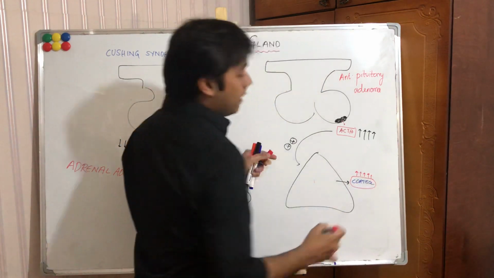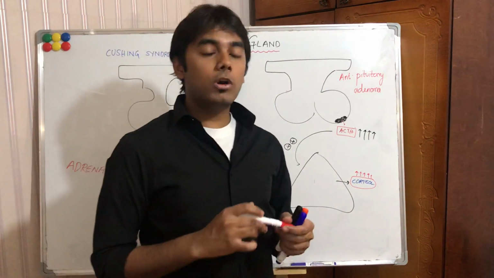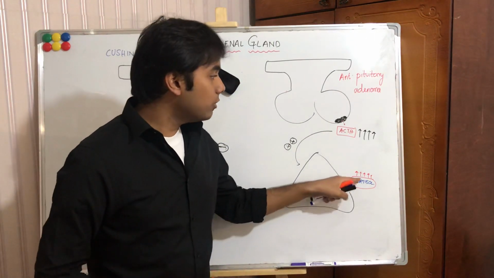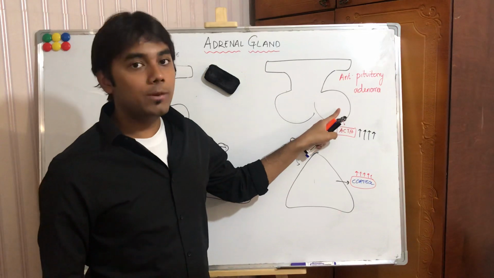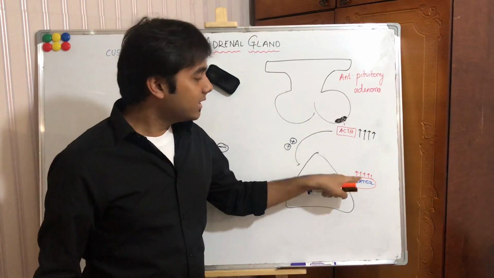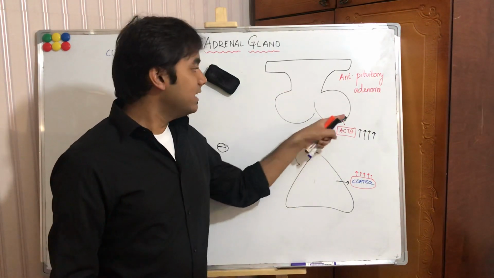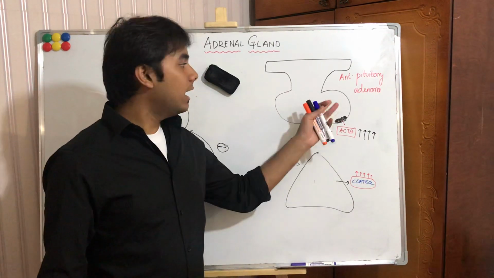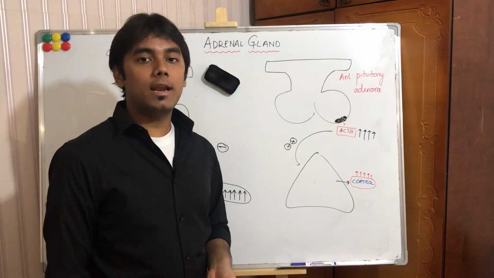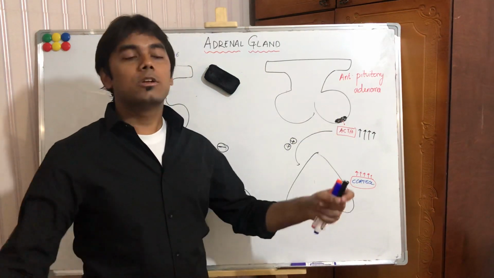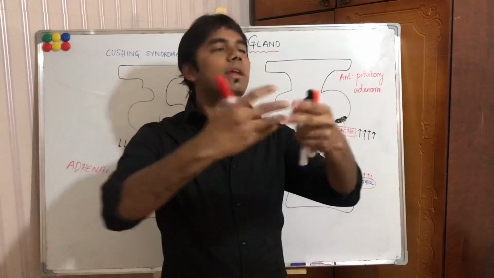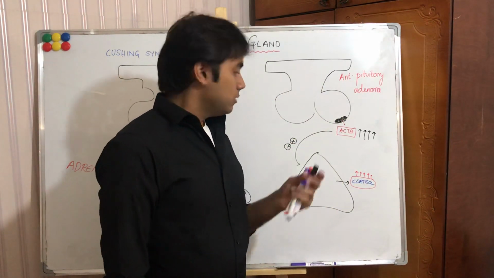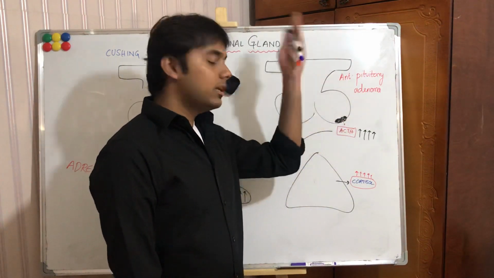The cortisol levels are also increased. Now, when cortisol level is increased, what should it do? As I told you, negative feedback mechanism. Cortisol should negatively inhibit anterior pituitary, telling that it's enough. But can it inhibit now? No, because there is a tumor here. Cortisol can no more control anterior pituitary gland, because anterior pituitary gland has no control over any hormone in our body now, because it is completely having tumor. So there will be increased cortisol, there will be increased ACTH.